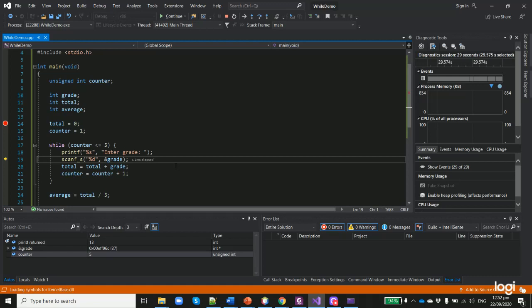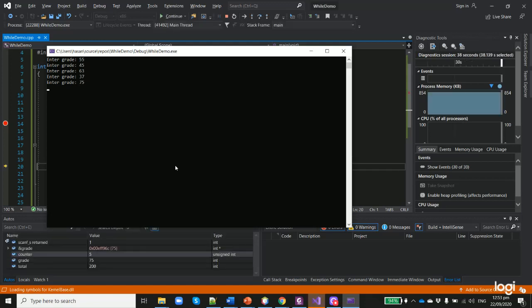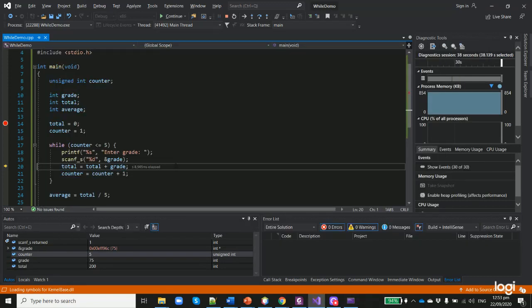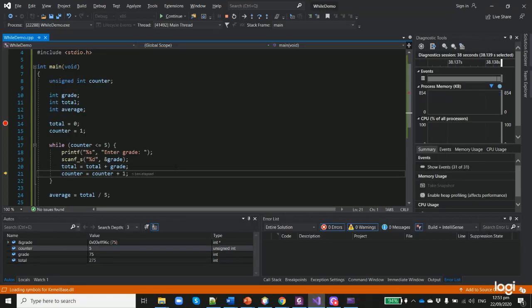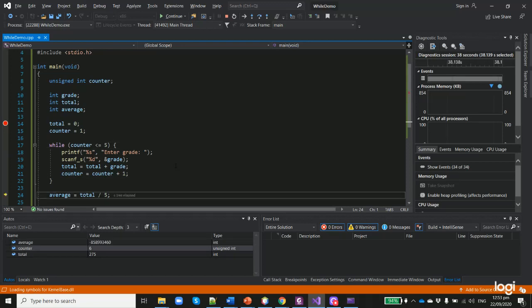5. So this is the last time that we will ask the user to input a value. So we go ahead and we do that. Let's say the new value is 75. So this is the last grade that we get. We evaluate the total, update the counter, and now the counter is 6. We go back up, we check it, the condition is false, we come down, and exit the while body,